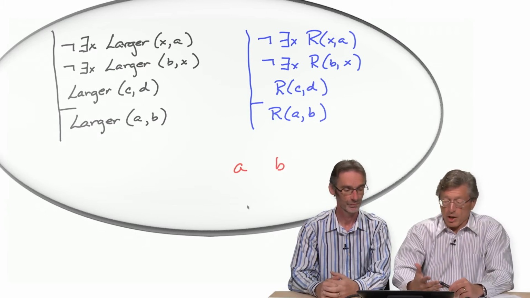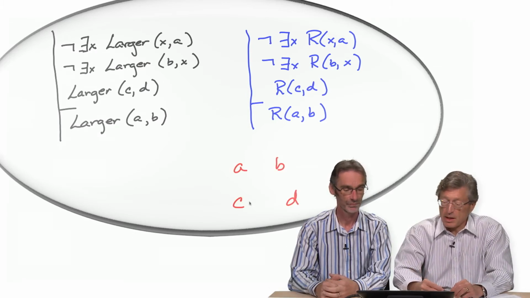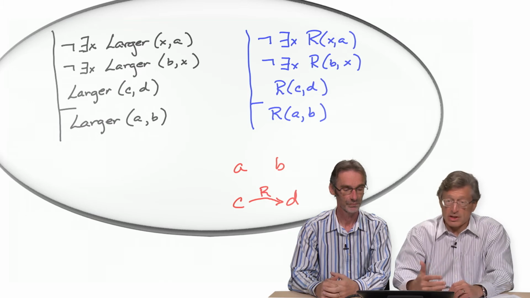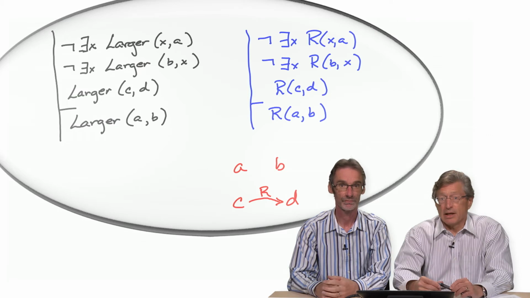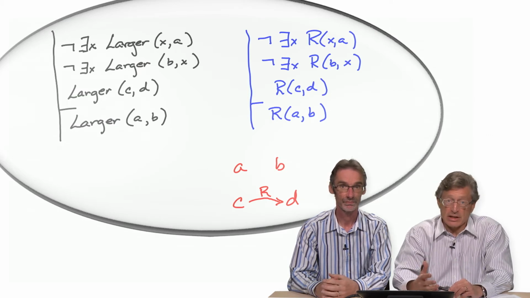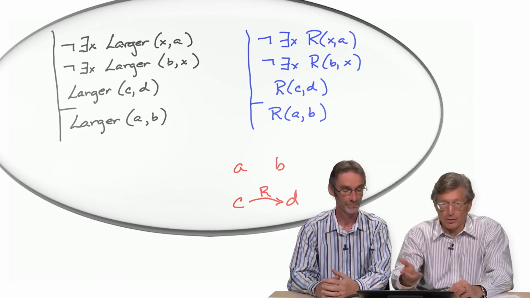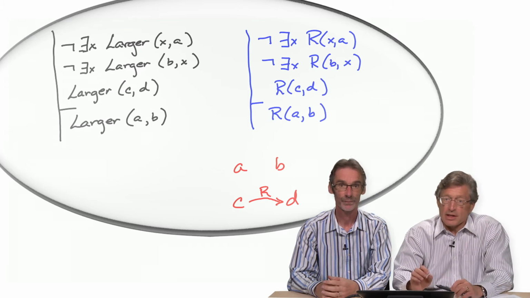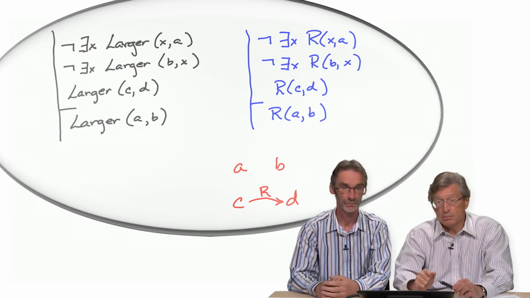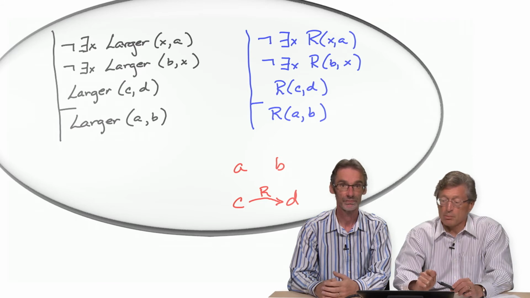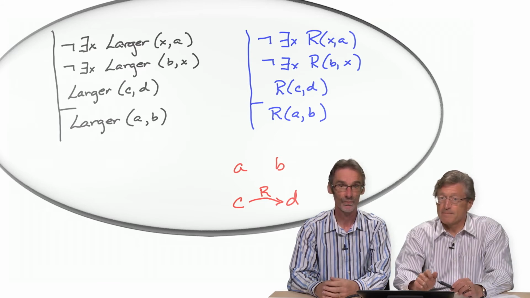Imagine, for example, that we have a situation that looks something like this. We have four objects, a, b, c, and d, and the relation R holds between c and d. Now, just imagine that R means likes. And so we have these four objects, and c likes d, but there's no other liking going around. Then the premises are true under this interpretation of R. No one likes a, and b likes no one. c likes d, and yet a does not like b, right?